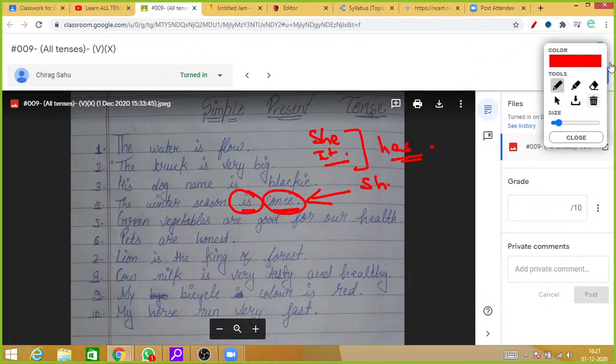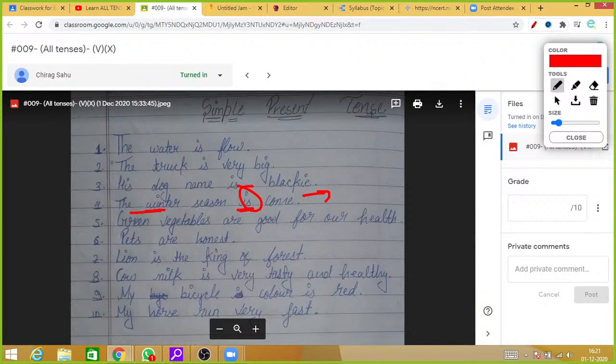Come means it has come, so it is coming. So come is also a verb, and is here is supposed to be a helping verb. But when you are talking about something, then you have to say has come. Or when you are talking about simple present,